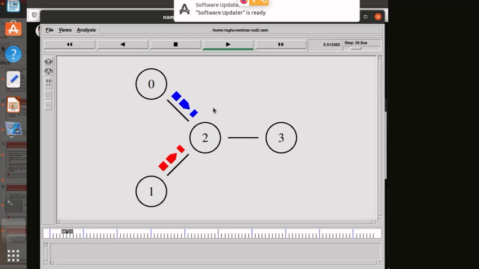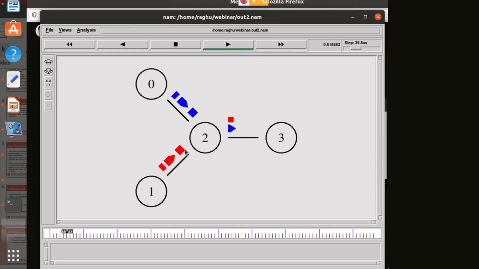Now what will happen? Node 2 is receiving the packets. Since in the program we wrote that the queue for link 2 to 3 will be shown, here you can see this queue. These packets are arranged in a queue first. Whatever node 2 is receiving, it is arranged in the queue first. You can see this red packet here. After some time it will come down. Yes, now it will be getting transmitted.